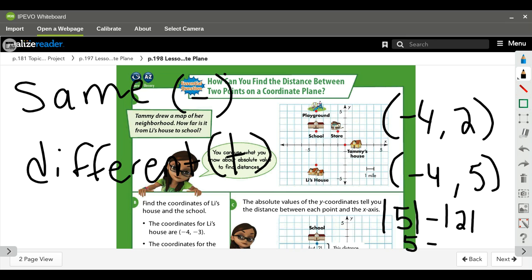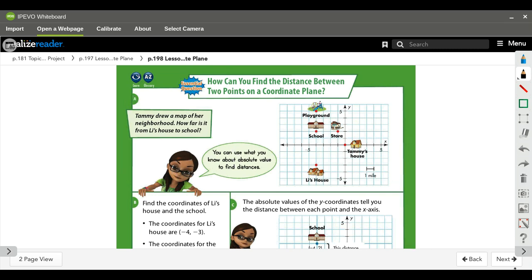The absolute value of 2 is 2. So it's going to be 3 units away. And I always need to make sure that I write units as my measurement. Because I'm talking about distance, I need to have a unit as part of my answer. Okay, so let's go ahead and take a look at your guided practice on page